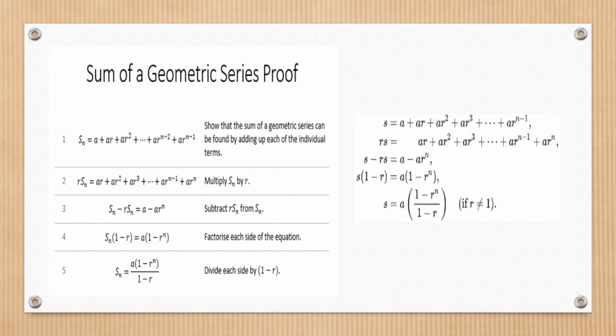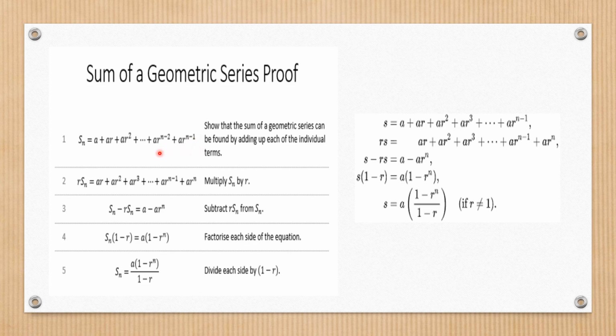Write the formula for sum of n terms of GP. We know the n terms in a GP with first term A and common ratio R are given by A, AR, AR square, and so on, up to AR to the power n minus 1, the nth term. So here we will take Sn as A plus AR plus AR square plus so on, AR to the power n minus 2, this is the n minus 1 term, plus this is the nth term, AR to the power n minus 1.